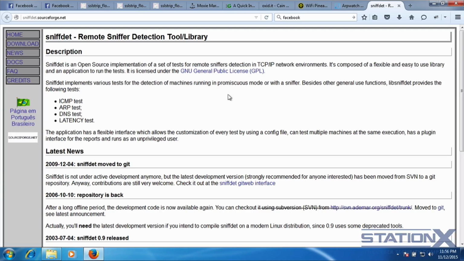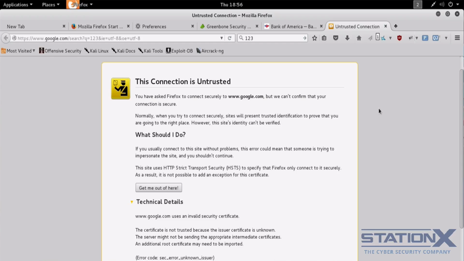Also server side, I'll bring up the screen. And you may not have control of the server side, but I guess in some instances you might. You can enable, or they can enable, something called HSTS, or Strict Transport Security, which uses a special response header to tell the browser to only accept HTTPS traffic. But this only works if you visited the site before, and then your client essentially remembers that they only accept HTTPS traffic. And this is an example of where I've stripped out the SSL, and I've got an error message because they'd enabled